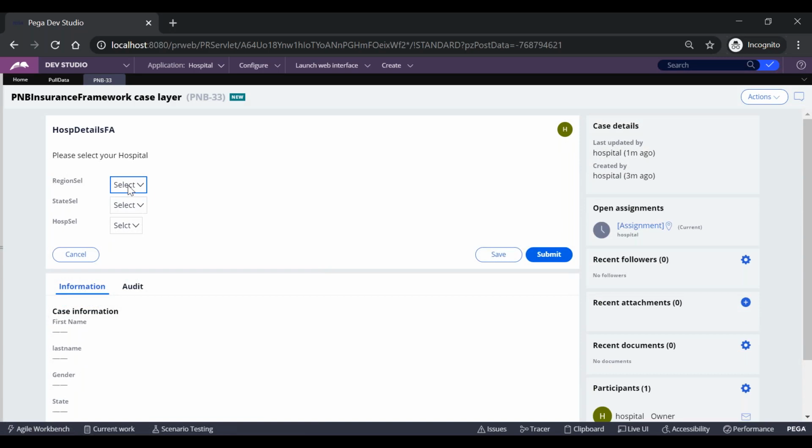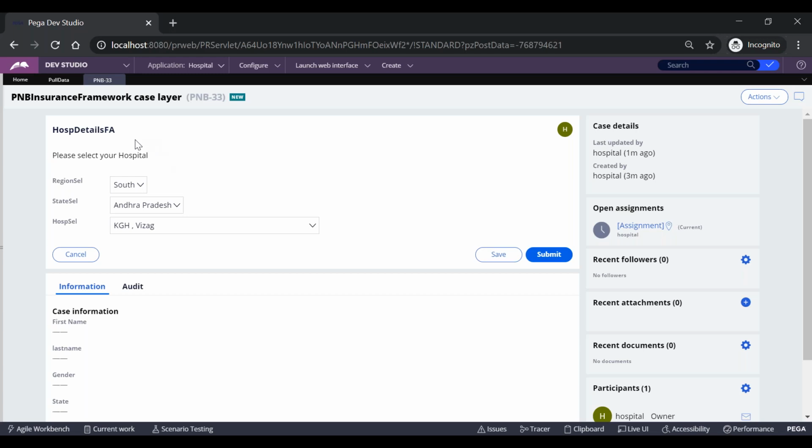Since these activities are executed as part of the business transaction, they are part of the flow. If I select any of the values here, we should get the corresponding values based on the OBJBrowse activities or the report definitions. These are all the rules being executed as part of the flow, and the primary page for them should be PY work page.